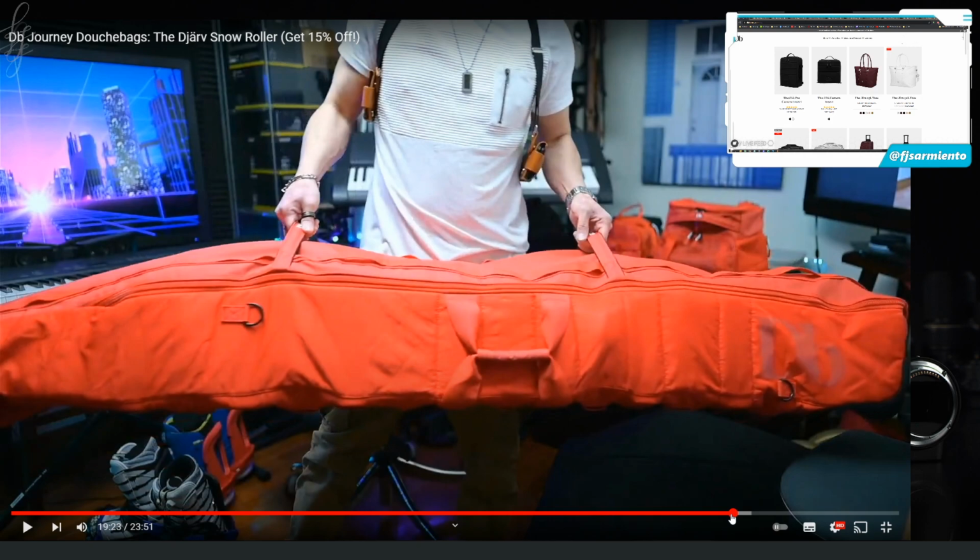Okay. So that is the snow roller, the Djärv, and you can see here in the background, that's the 30L Hugger, the Strøm backpack over there. So yeah, it's a nice big bag. Anyway,